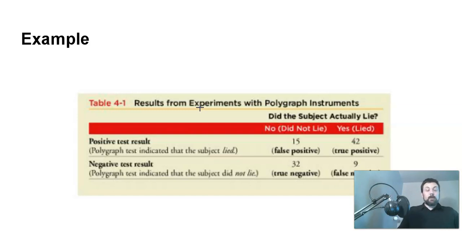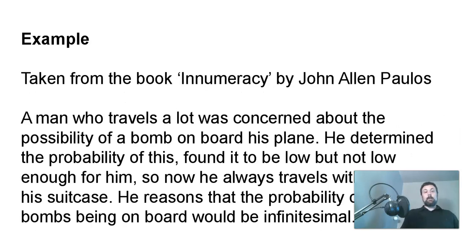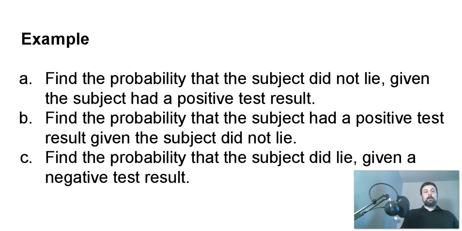All right. So back to our polygraph test that we've seen throughout chapter 4. Here's that chart again. So we have a few more questions and we'll be done with this video. So it's not too much longer. Find the probability that, let's see, how much more is it? Okay, 2 more. In fact, the last page is not even a problem. It's just an anecdote. Find the probability that the subject did not lie given the subject had a positive test